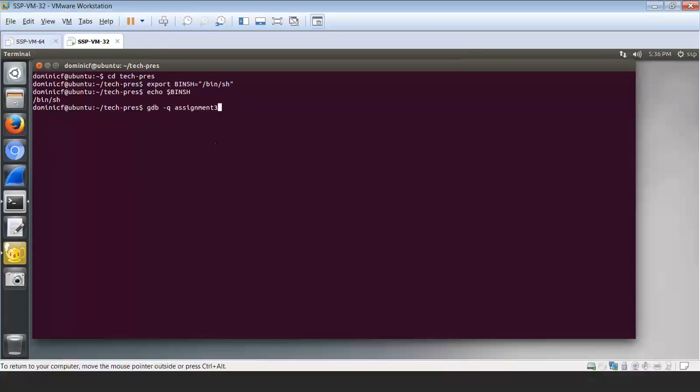Hi, I'm going to do a short demo to show how information disclosure at the shell level enabled me to run an exploit during one of the assignments. So you can see here, I set up an environment variable, binsh, and sent a string to it. Just check to see if that was there. It looks good. And so if I go in and look at assignment 3 now,